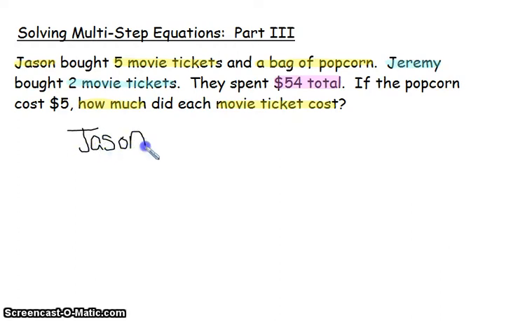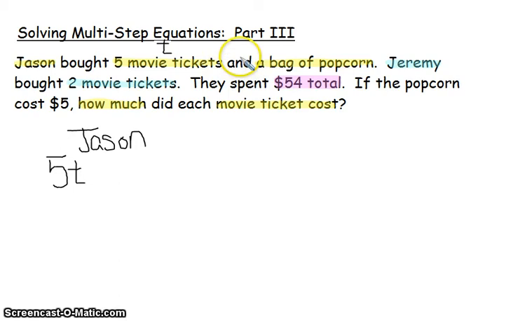Jason bought, and try to think of this in terms of algebraic expressions, 5 movie tickets. So I'm going to make movie tickets my variable t. Always know what your variable is going to be. That way, later on if someone says, well, what does t represent? You can tell them. So t in this case we're going to use for movie tickets. Okay? So he buys 5 movie tickets and